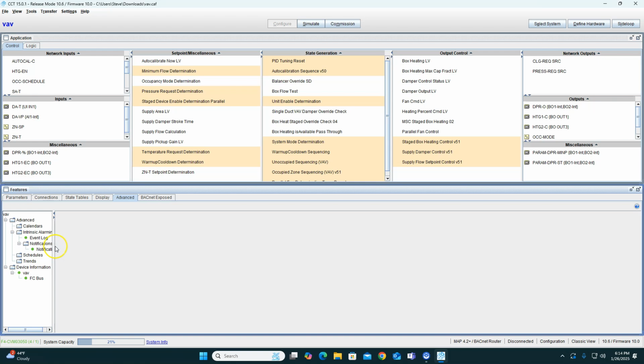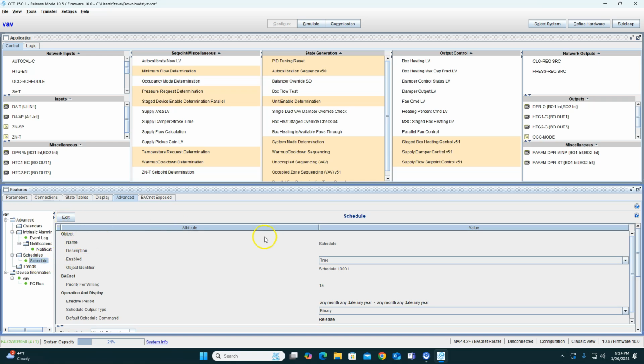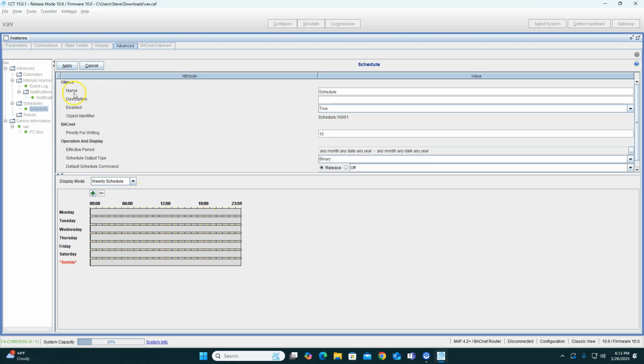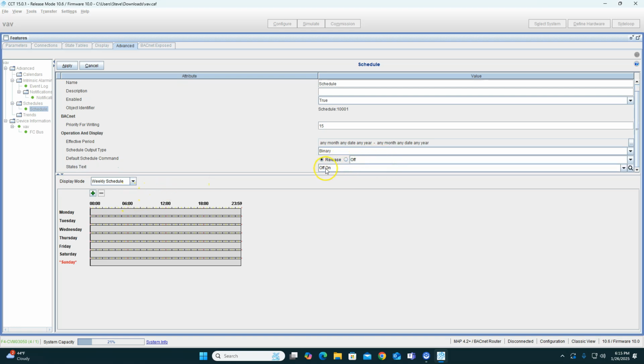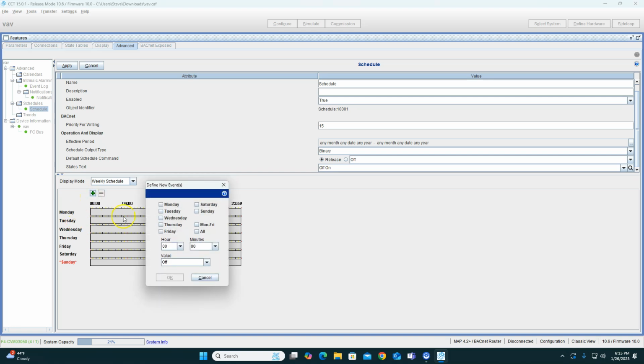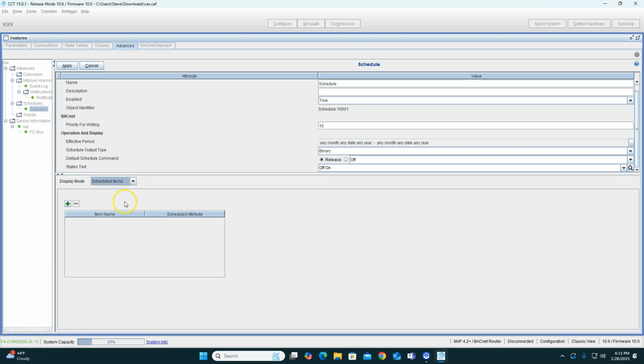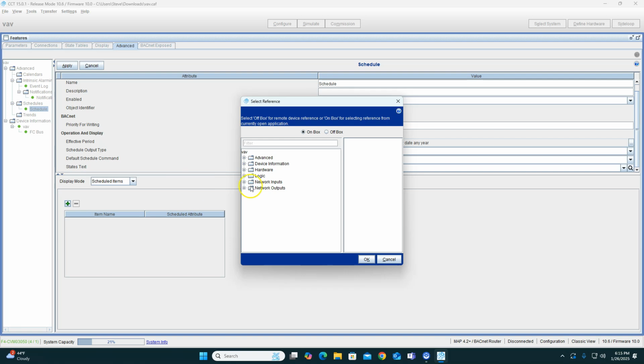Okay, so let's start off with a schedule. So when I right click and add schedule, here's my schedule. I'm going to go ahead and make this bottom screen big. Remember, the first thing I tell you to do is hit edit, go down here to scheduled items, because right now you see that it's off on. So if I go through and do all this, it's going to be off on. I don't want that. So I go ahead and do scheduled items, I hit this little plus sign, and